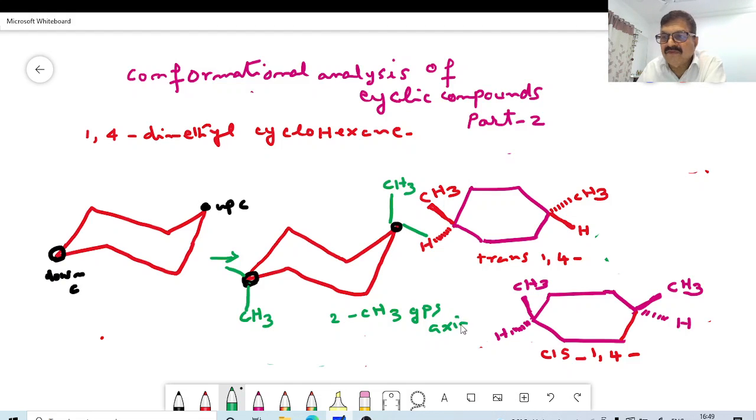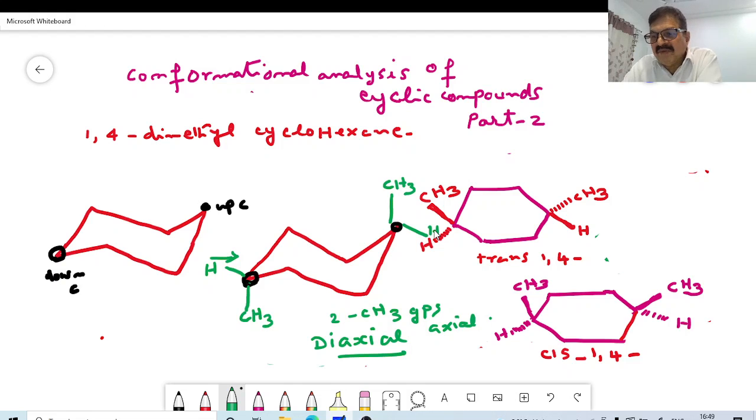So what is the name of this thing? This arrangement is said to be diaxial. This is the diaxial arrangement, conformation number 1. I have put this here, and all your hydrogens will be there. You don't have to write all these things now. So the diaxial conformation is the easiest way of drawing a trans 1,4-dimethyl cyclohexane.